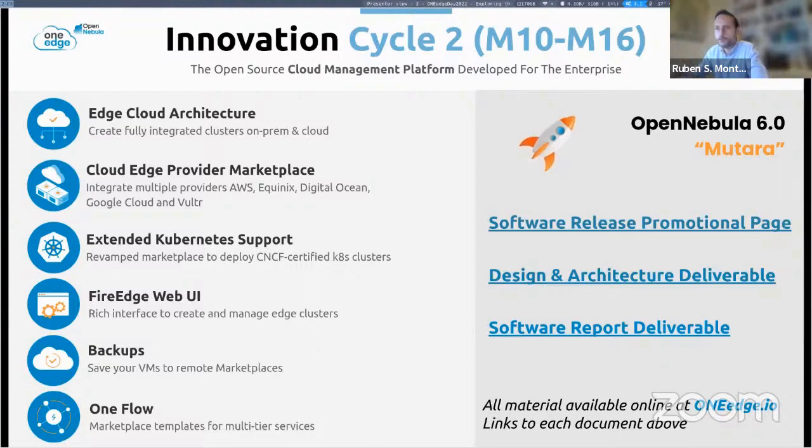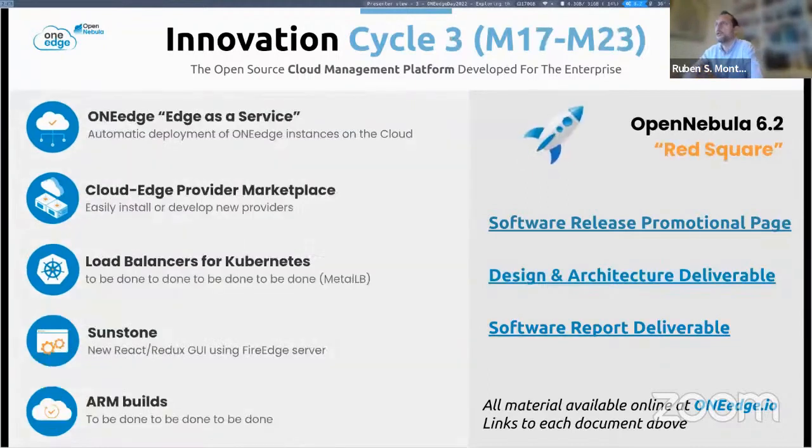So you can create, see and test all these innovations and improvements since OpenNebula 6.0. Again, all the architecture, documentation, and design documents are available and public online. So if you want to go and check them, I put the links in the slides, and you have all the information in the ONEedge web page. In the third cycle, we